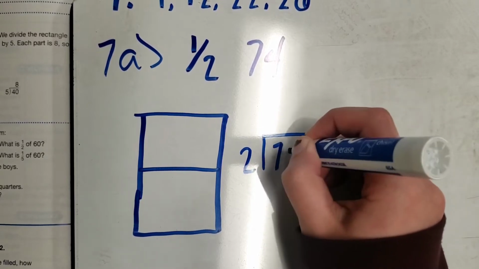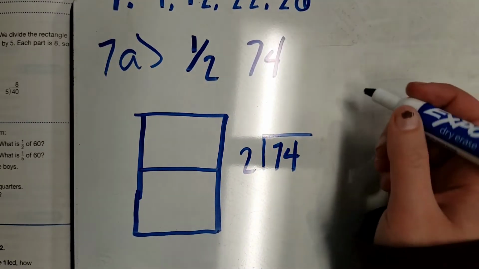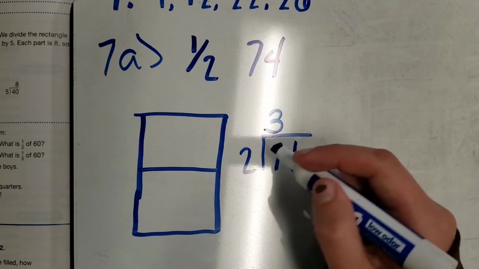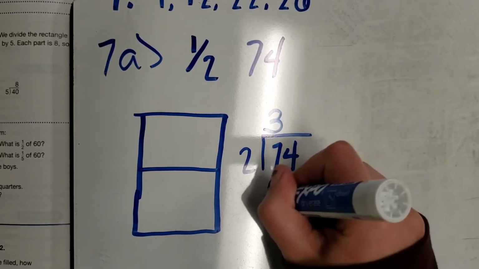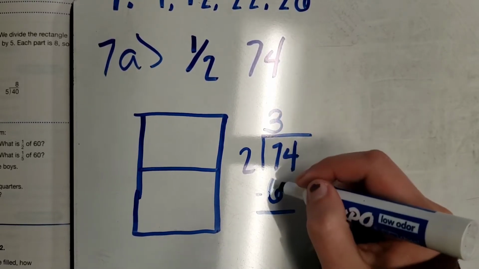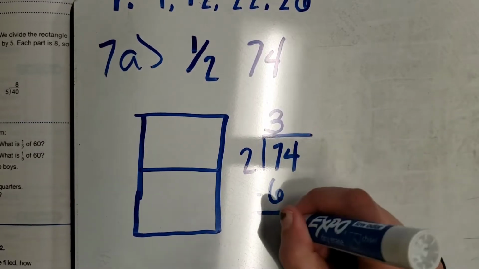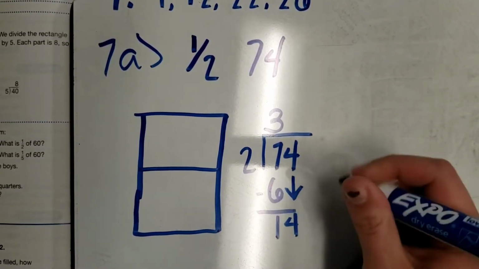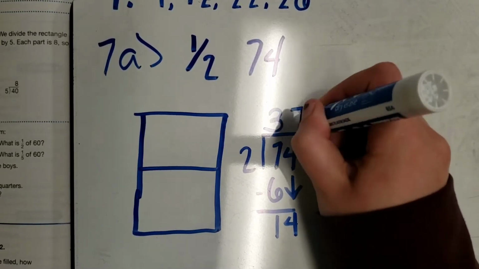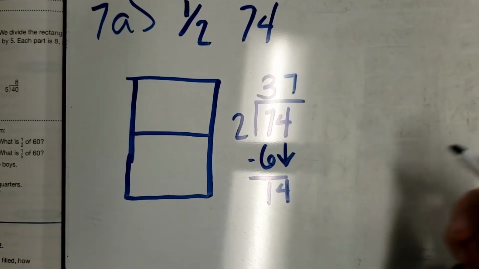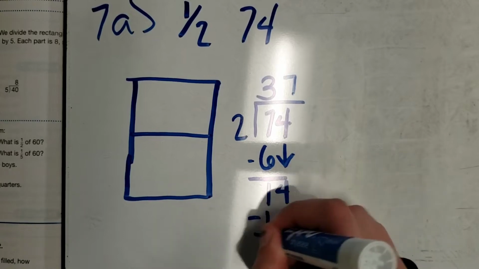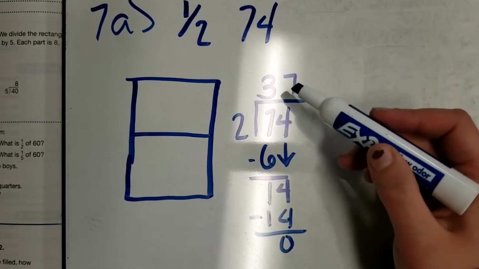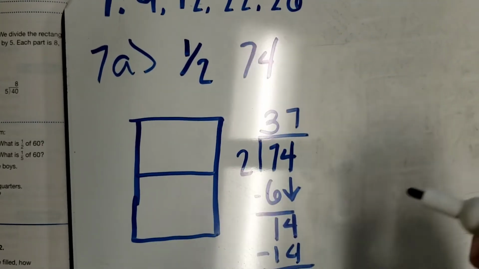74 by 2. Oops. So 2 goes into 7 3 times because 2 times 3 equals 6. 6 subtracted from 7 is 1. We bring down that 4. So 2 goes into 14 7 times because 2 times 7 is 14, and nice even number. So 37 is 1/2